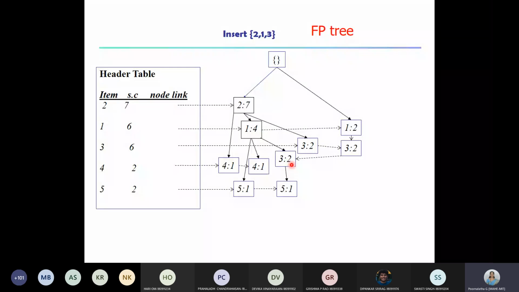Next you can see 3 is here, it is under 2, it means 2 and 3. So the next prefix is 2 with the count 2, because here the count of 3 is 2. Similarly, one more path that leads to 3 is 1, 3. So I'm writing 1 with the count 2. Why? Because the count of 3 is 2 here. If you observe for 5, the count was 1, so we have taken it as 1. Similarly, for 4 also it was 1, so we have taken it as 1. So whatever the count associated along the path, the same count we are supposed to take. So for the 3, it is 2, 1 with 2 times, then 2, 2 times, then 1, 2 times. They are the 3 prefix paths for the item 3. Okay.